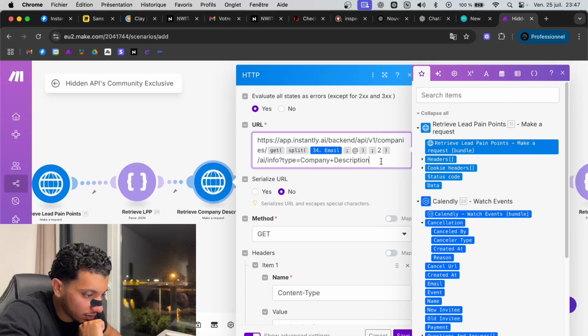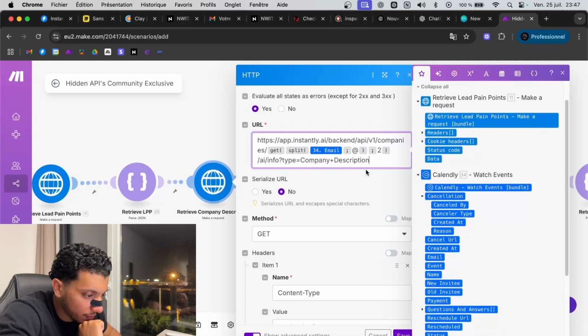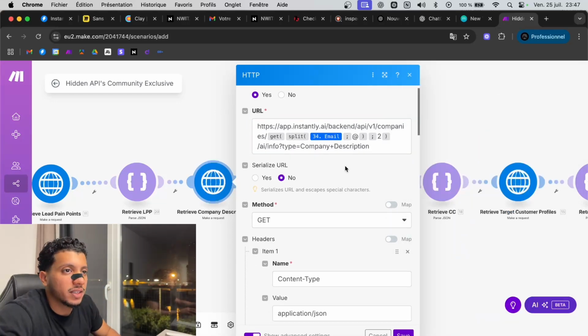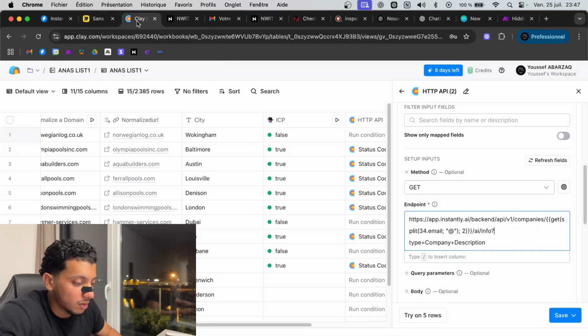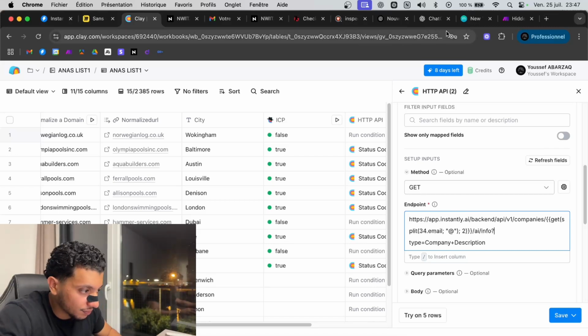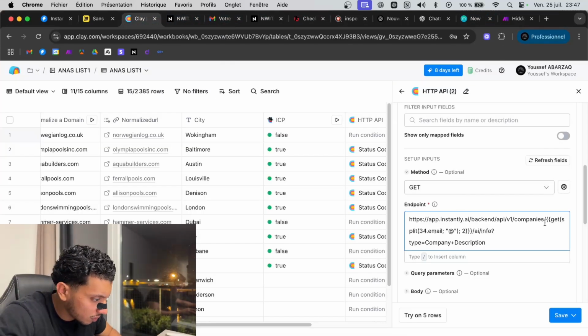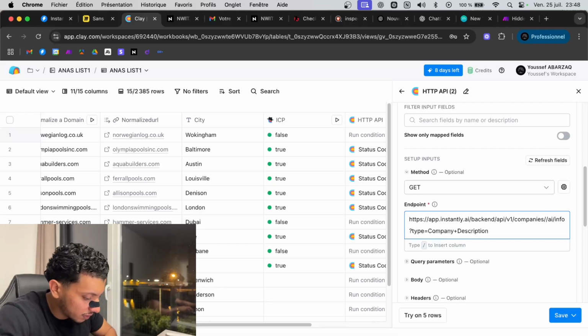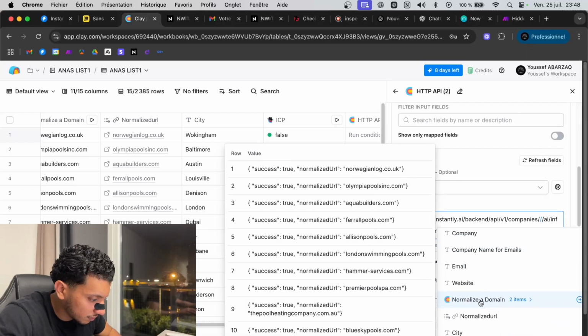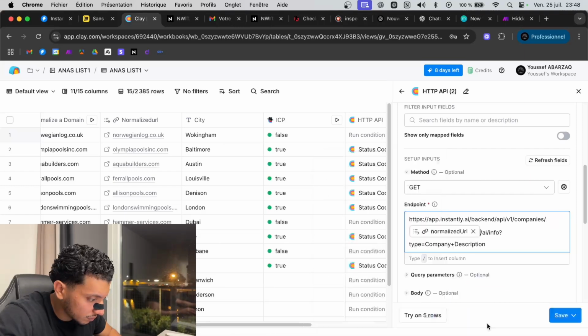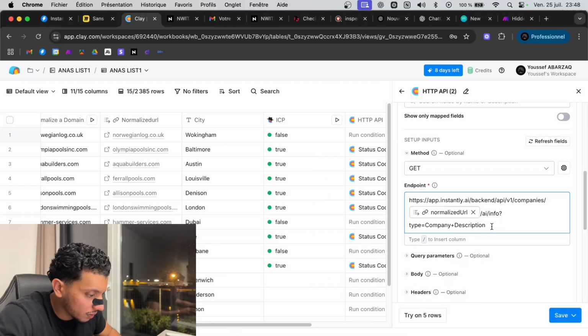Yeah, because he's getting companies slash, yeah, he's splitting the email to get the domain from the email. So what I will do is just let me look from where, from the slash to the slash. So here, and I will add in normalized domain in this one, and then